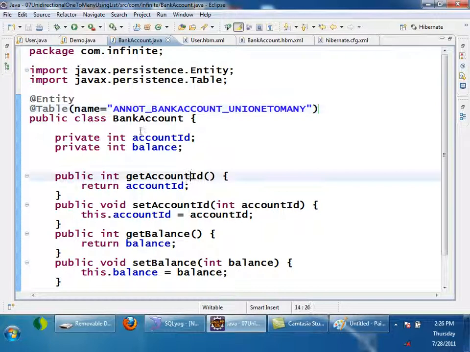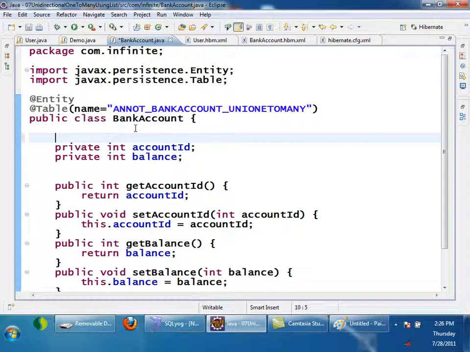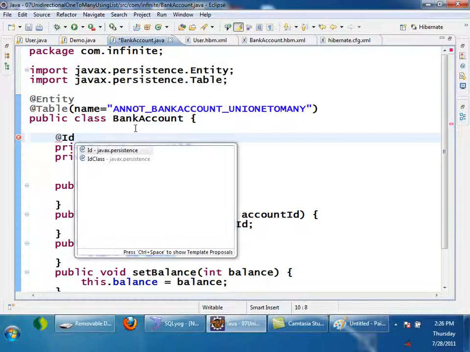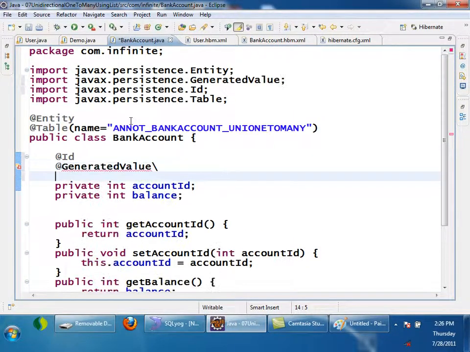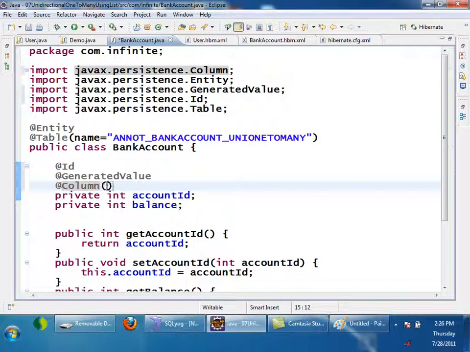Okay, and then I have to annotate this primary key with GeneratedValue and also give the column name is equal to account_ID.